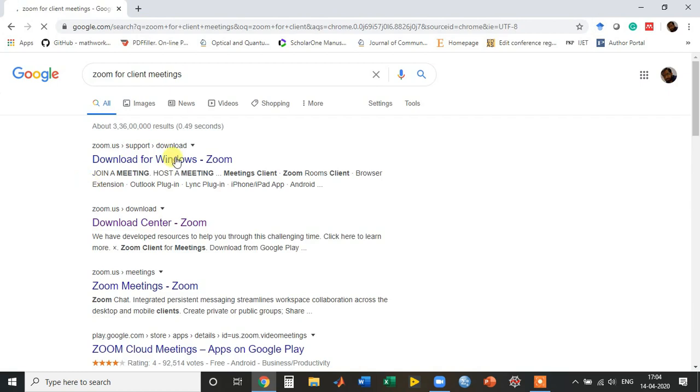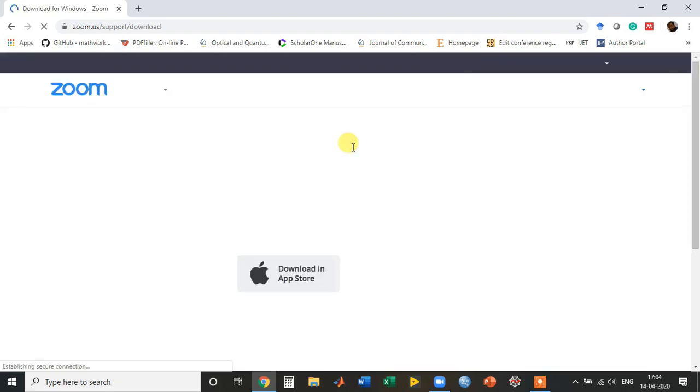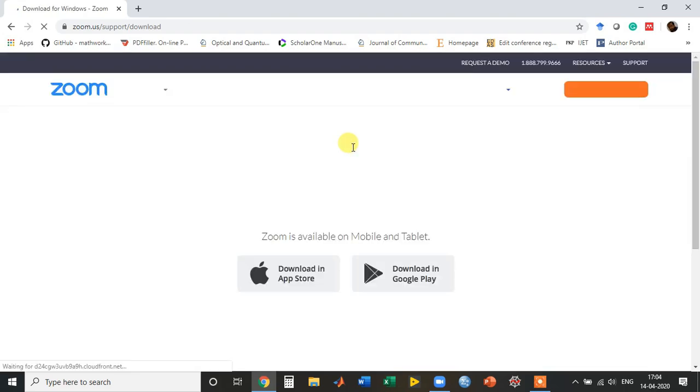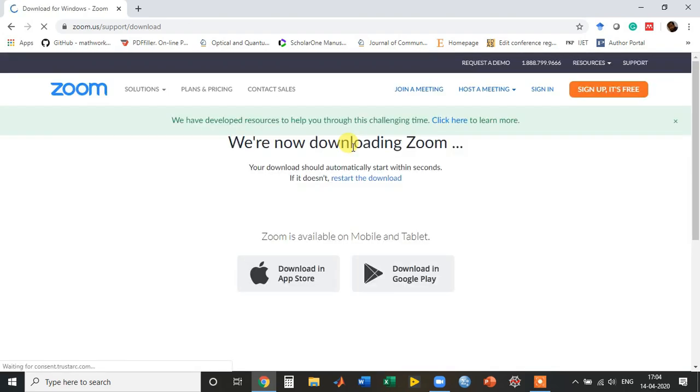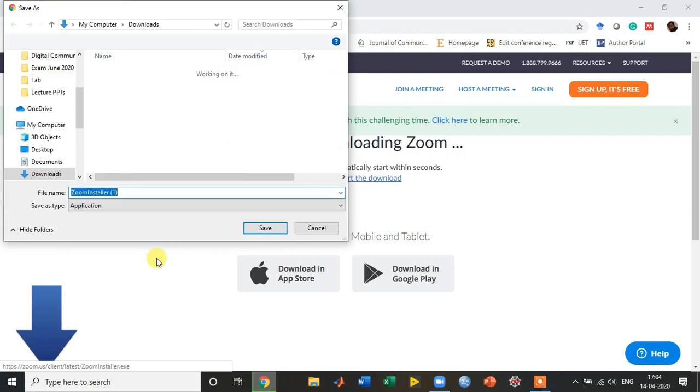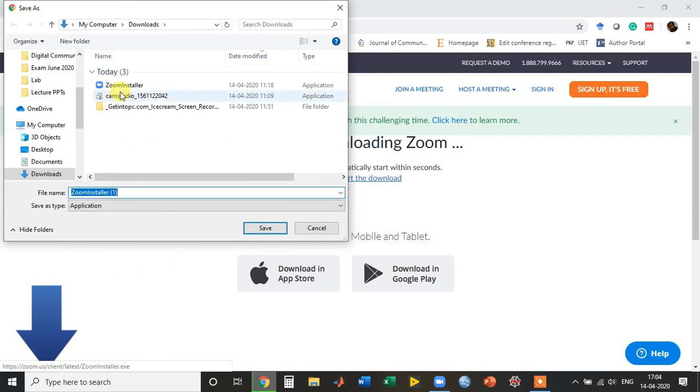Okay, so I can directly go to the download center for Zoom, and we can simply download this. The Zoom installer application will get downloaded on your PC. You save it where you want to save it.